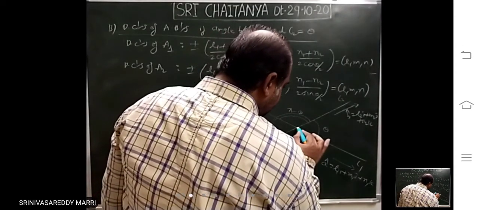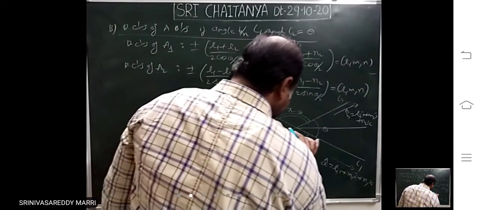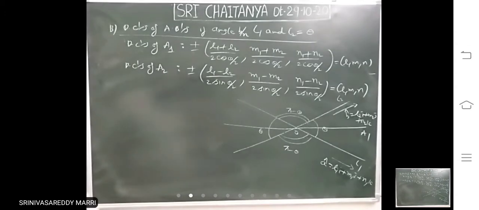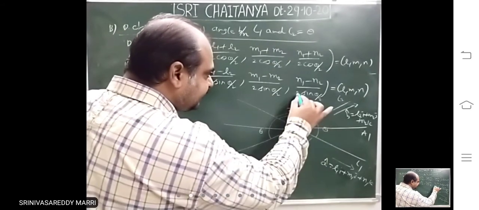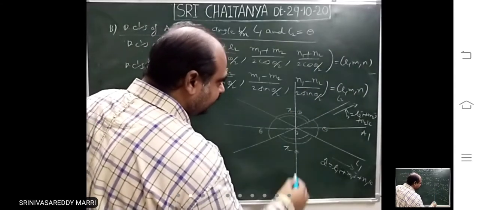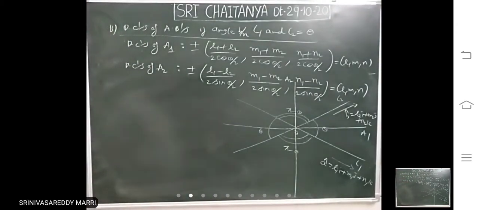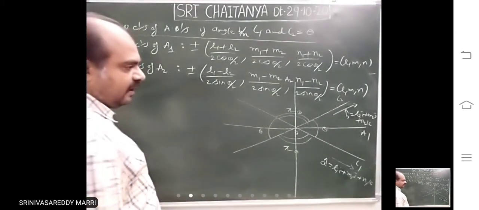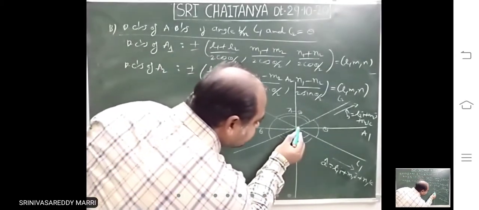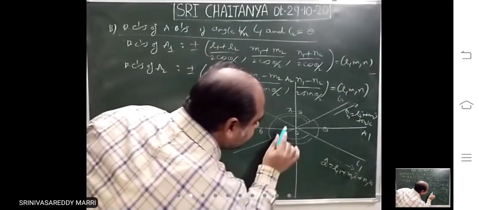Let us say this is O. This is one angular bisector, let us call it A1, angular bisector 1. Then there will be another one bisecting this angle, which I am drawing. This is A2. Now look at this: this is the A cap direction and this is the B cap direction.